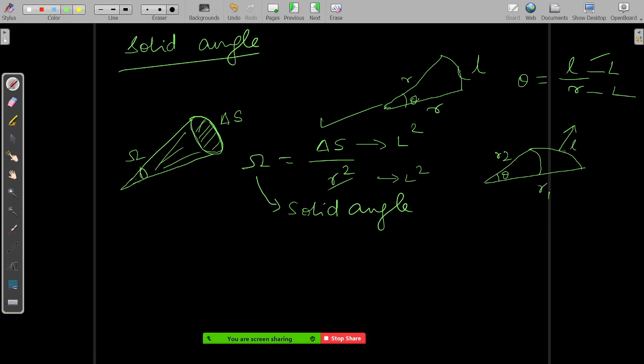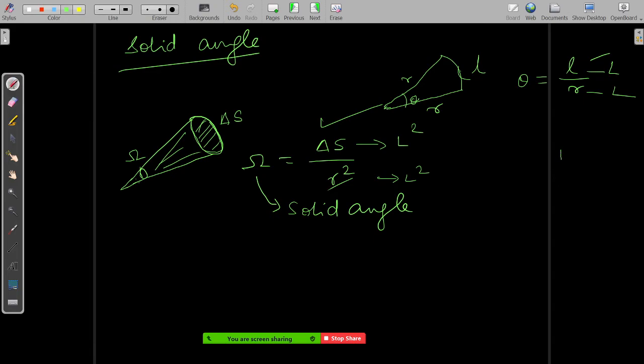Let's say this is the central direction. But the components have the same radius, right? Or do they differ? The inner curve, does it have the same radius R2? The smaller one will become somewhere in between these two. I'll just tell you how it will become. If you don't take it as an arc, then you will understand it better.